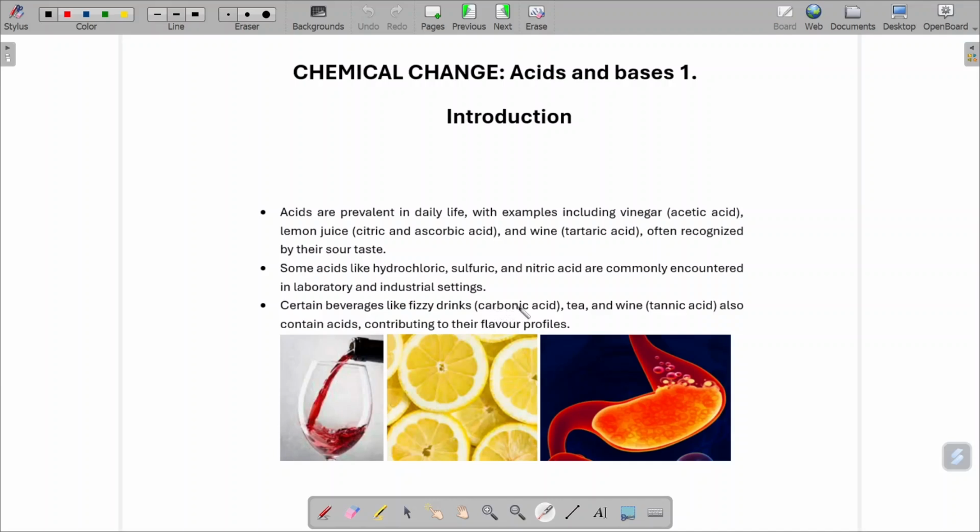Acids have the property that they are corrosive. In other words, they can make metals corrode, or they taste sharp. It's a very interesting taste that acids have. On the other hand,